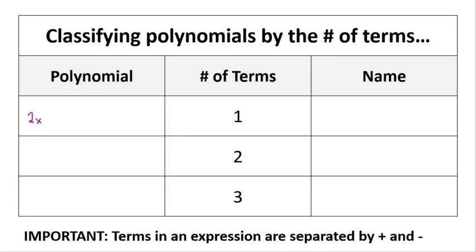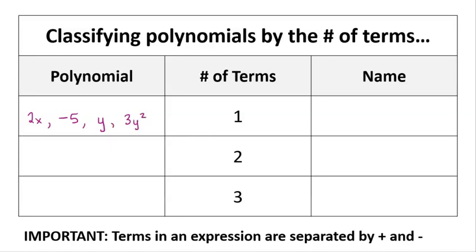We could have 2x plus something, right? And so that 2x would just be one term by itself. So it can be a combination of numbers and variables that are connected through multiplication. It could just be a constant, so something like -5, or a variable by itself. So it could be something like y, okay? And then we could also put exponents on those. And so we could have something like